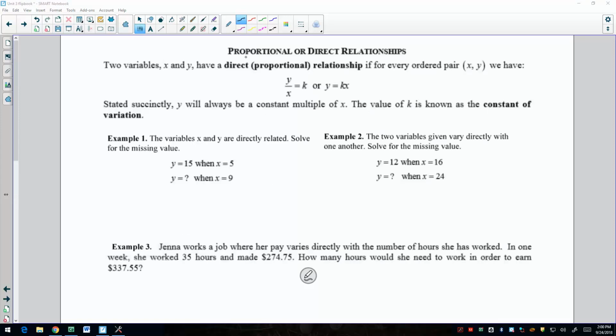Welcome to lesson 3.1 on proportional or direct relationships. Proportional or direct relationships involve two variables. It is usually x and y, but doesn't necessarily have to be x and y. And they will have a direct or proportional relationship if for every ordered pair x, y, we have y divided by x is equal to some number k, or if we manipulate this, it would be y equals k times